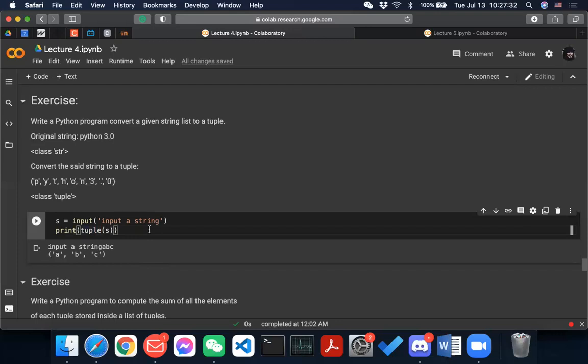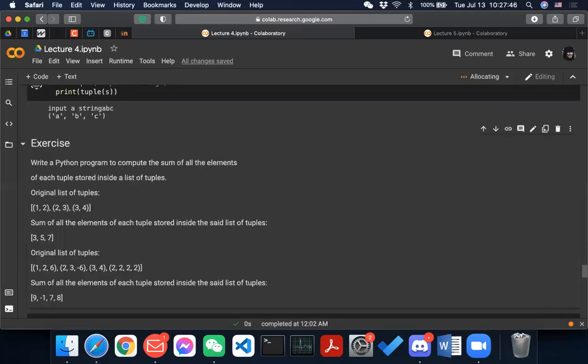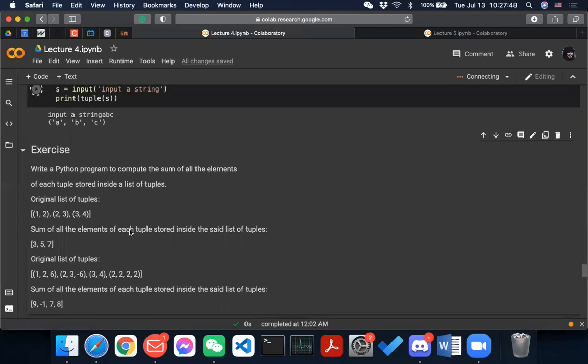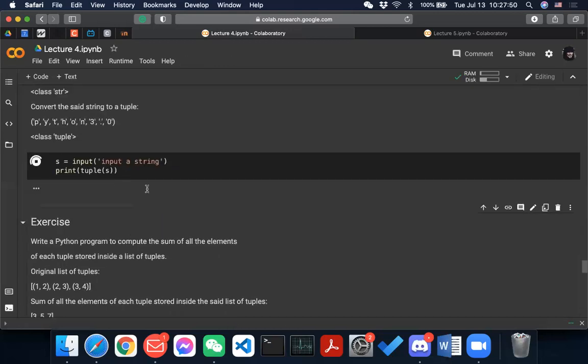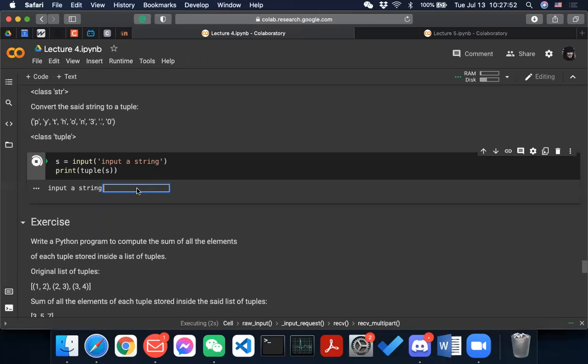You do not even have to convert it into a list to do that. You can just directly take a string and use this tuple conversion, and input a string,